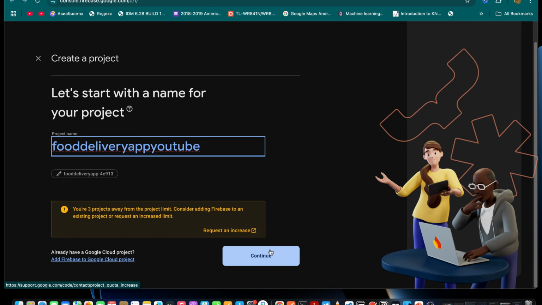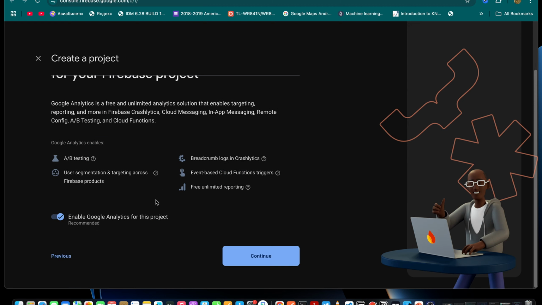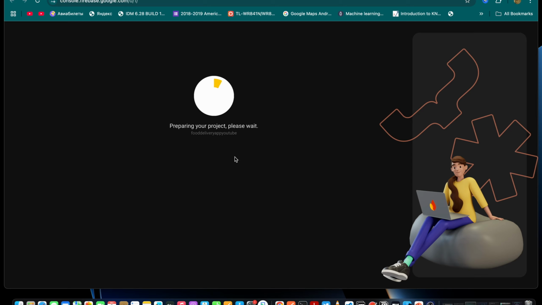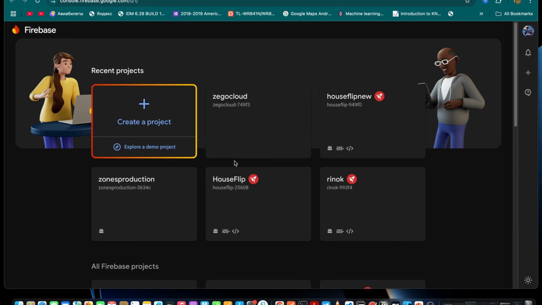Right, and then make sure that you just click continue and then enable Google Analytics for this project. I'll just not tick it, but if you want you can make sure that you enable it, but I just disabled it. And then it will take a few seconds for Google to finish creating our project. Okay, now that our project is ready,